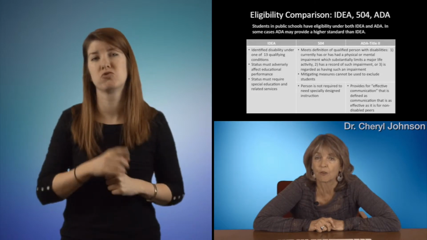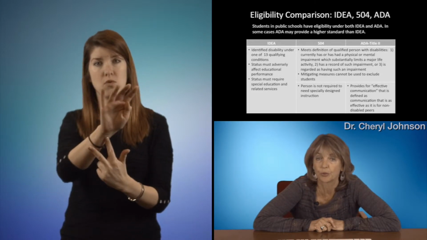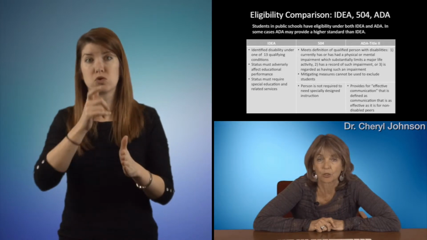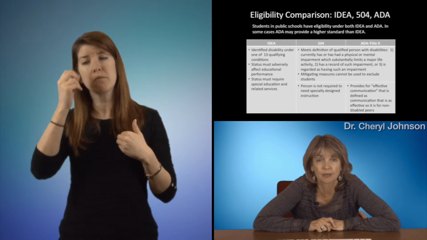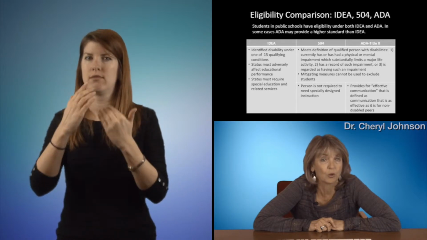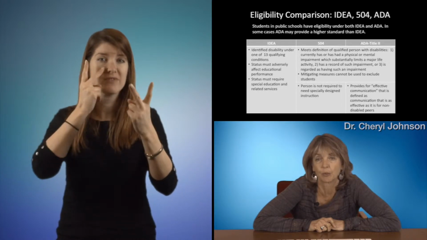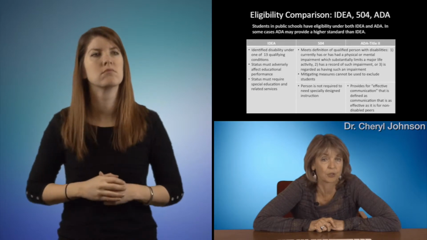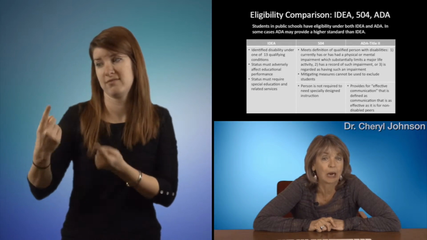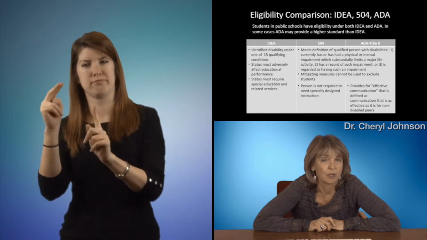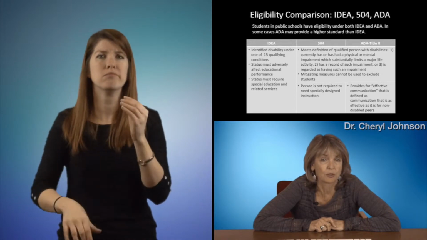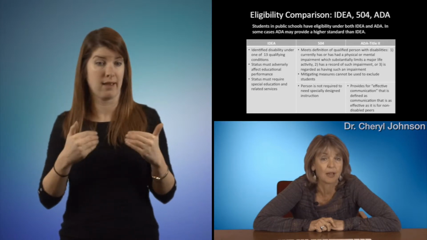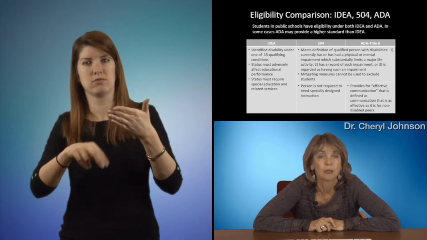So the definitions of 504 and ADA for eligibility are pretty loose. You have to have a person who currently has or has had a physical or mental impairment that substantially limits a major life activity, of which vision and hearing are both sensory impairments that qualify under major life activities, a record of such an impairment, or be regarded as having such an impairment. So there's no additional qualification regarding the implications of that disability. They simply have it, it's been identified, and as a result, they're eligible to receive some accommodations.